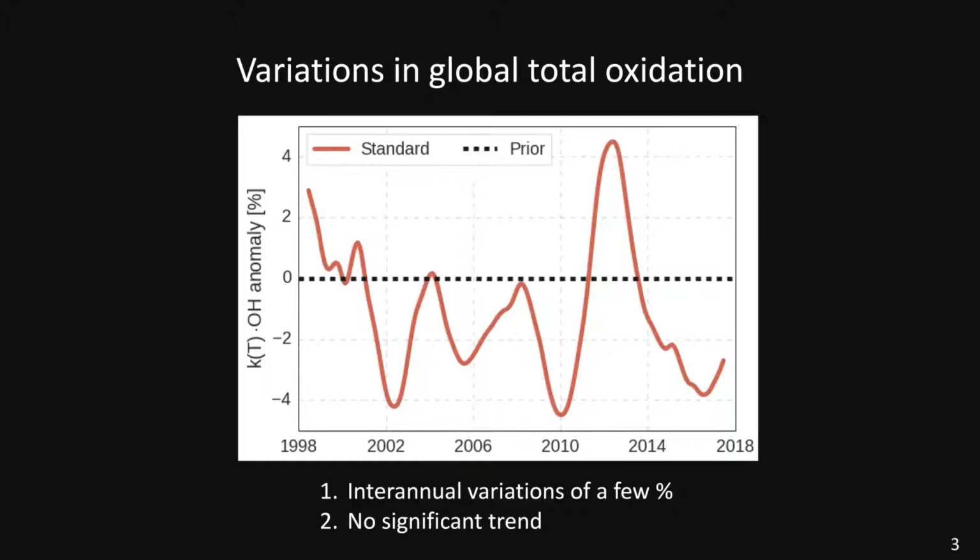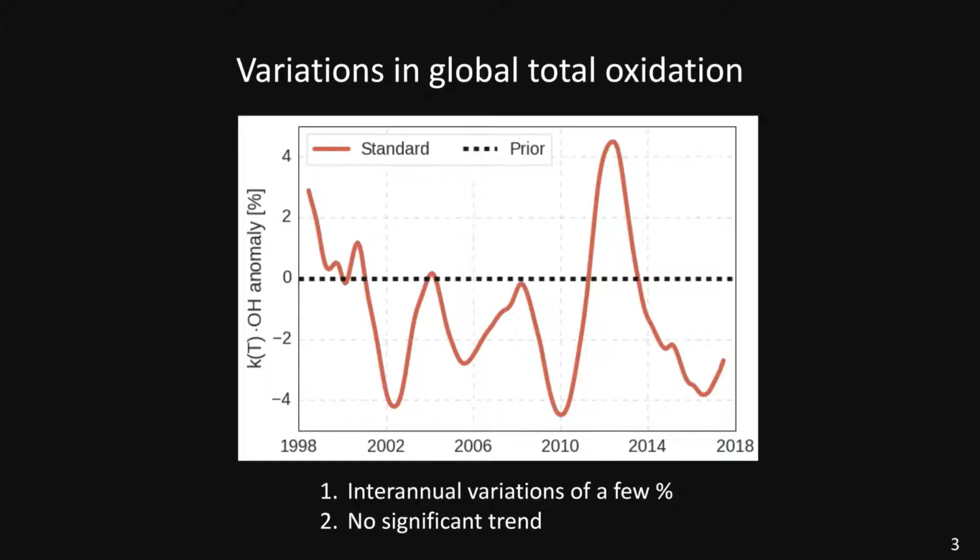I don't want to discuss too much why there are certain peaks and certain troughs in this talk, although there are reasons, of course, for the variations that you see here. But the important takeaway from this picture is that the variations are not so big, and that there seems to be no clear trend in OH. So that's the first aspect.